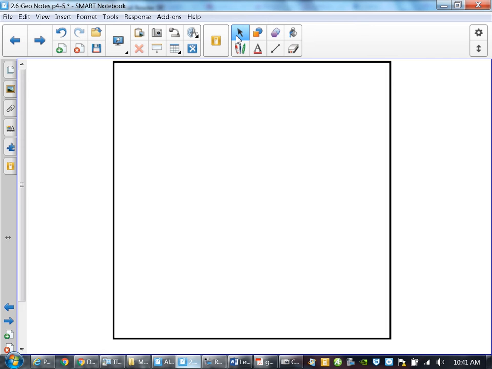Offshoot of perpendicular. Sometimes you're just given right angles. Sometimes it might just say that, hey, angle 1 is a right angle. Sometimes it might say that 2 angles are right angles. It could be a couple of different things, so I'm going to put in 2 different versions of this. If you're given that you have right angles, one of the things you can do is state,